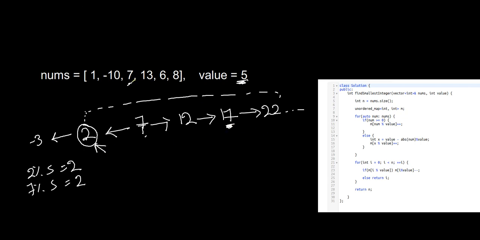So for 7 we will store 7 mod 5, which equals 2, into a dictionary,